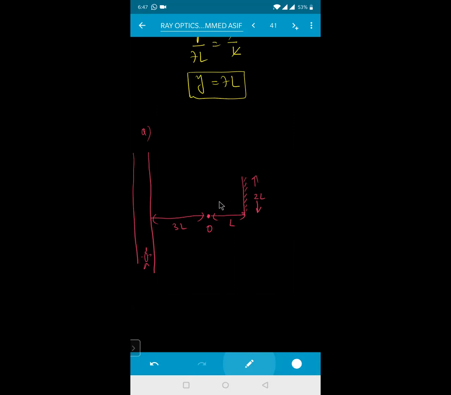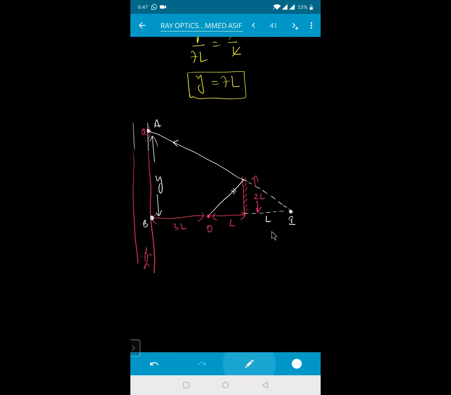Can anyone tell me? The ray of light from this one first is incident on this object, and it will get reflected back like this. So this is a road which has been extended like this. This is your point A. If I extend this one somewhere here, you know that whatever is the distance of the object, the image distance will also form the same. So this is your I, this is your L. So this is, say for example, Y. So this is your field of view, that is nothing but AB, isn't it?